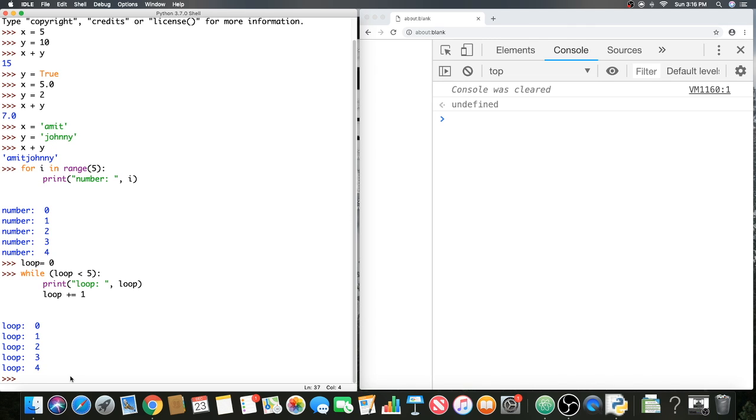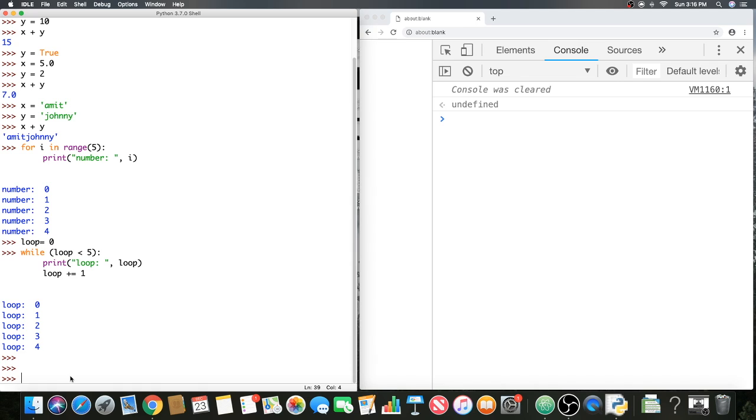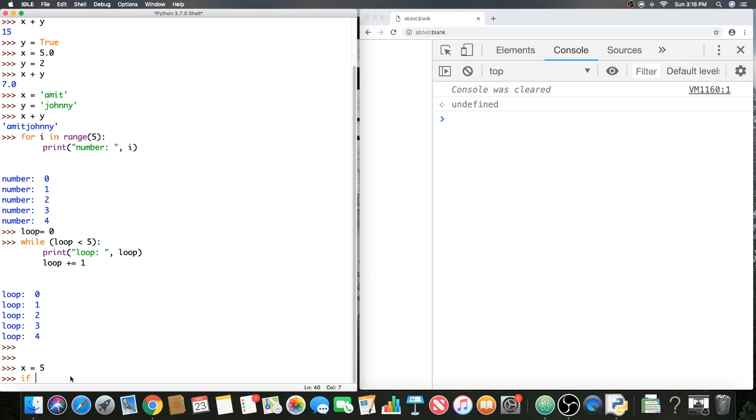In pretty much all languages, we have these branching type situations. Basically, what I'm talking about is if-else type conditions. In the Python world, we use if, elif, else kind of structures. So for example, let's say x is 5, and we want to test for x being some number. So we'll say if x is less than 10,